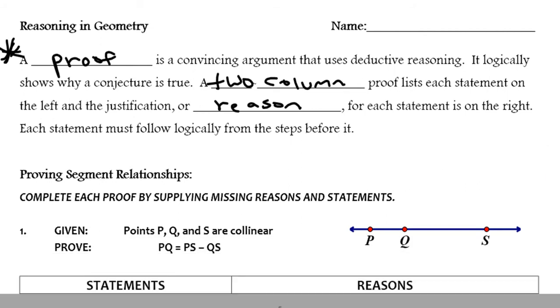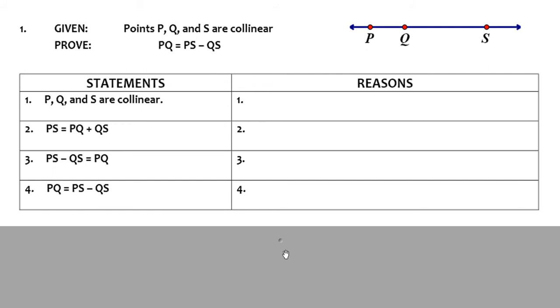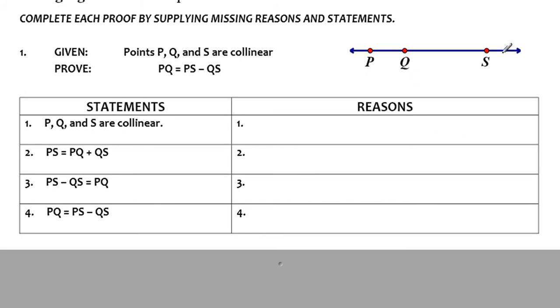So, proving segment relationships. This is your two-column proof. And at the top here, you're going to usually be given a picture. And in this case, it's a picture of a line, and then there are segments within the line. And they tell you that points P, Q, and S are collinear. We're trying to prove that PQ here is equal to the whole length of PS minus this QS here. So starting with our proof,